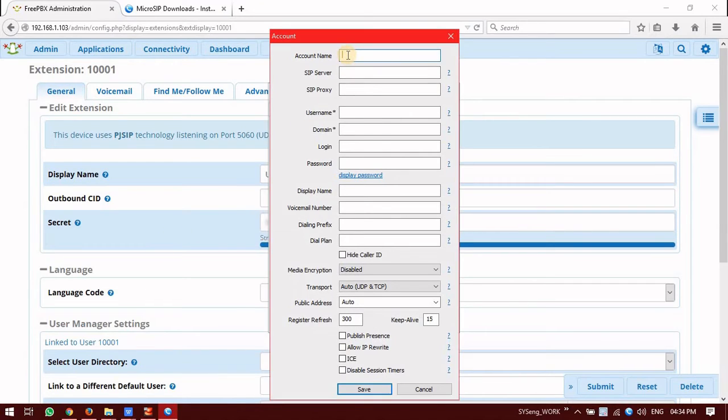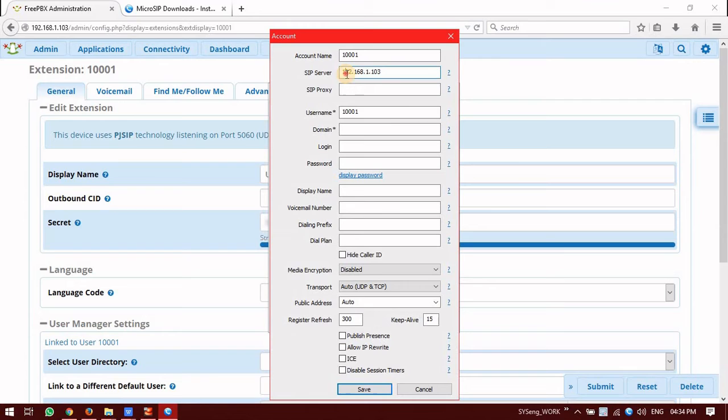In account name we have to just enter the extension, that is 10001. In server we have to enter the server IP, that is 192.168.1.103. Then in username enter the account name; the extension is the username.